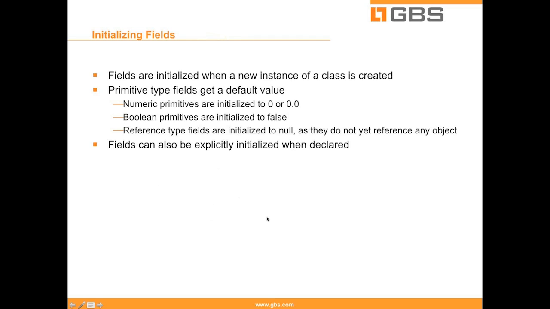You can initialize fields when you instantiate a new instance of the class. If the class reference has fields defined in it, then numeric primitives are always initialized to 0, 0.0. Booleans are initialized to false. Reference type fields are going to be initialized to null because they don't really point to anything yet. But fields can also be explicitly